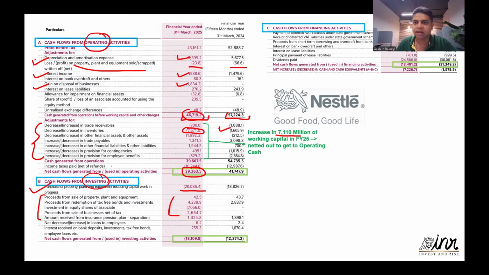ऑलराइट, सो यू हैव कैश फ्लो फ्रॉम इन्वेस्टिंग हियर, एंड देन द लास्ट बकेट इज कैश फ्लो फ्रॉम फाइनेंसिंग, कि आप धंधा कैसे फाइनेंस कर रहे हो। ओके, सो यू सी इनके थोड़े मोटे लोन हैं, ज्यादा लोन नहीं है, इट्स अ वेरी कैश रिच कंपनी, तो इतना ज्यादा उधारी लेके नहीं धंधा चला रहे हैं। इट्स अ कंपनी दैट्स रन थ्रू इंटरनल एक्रूअल्स. So you would see they do not raise any equity, very small short term borrowing they have on their books. Okay, all right. Last time in fact they did not have any borrowing to fund their working capital. इस बार क्योंकि working capital थोड़ा बढ़ा हुआ है, तो उन्होंने थोड़ा सा पैसा बैंक से लिया है to fund their working capital, otherwise उसकी भी जरूरत नहीं थी लास्ट ईयर। ओके, तो कंपनी लार्जली रन्स ऑन इट्स ओन मनी, इंटरनल एक्रूअल्स, कोई एक्सटर्नल फंडिंग की टिपिकली जरूरत नहीं पड़ती है नेस्ले को।